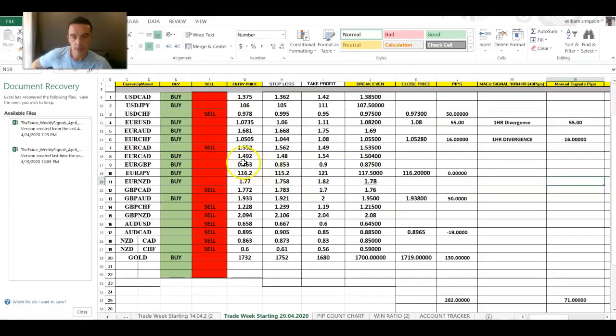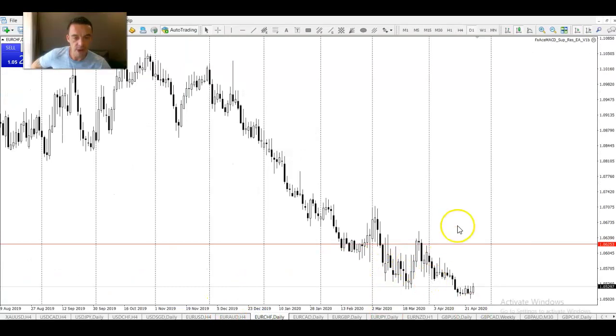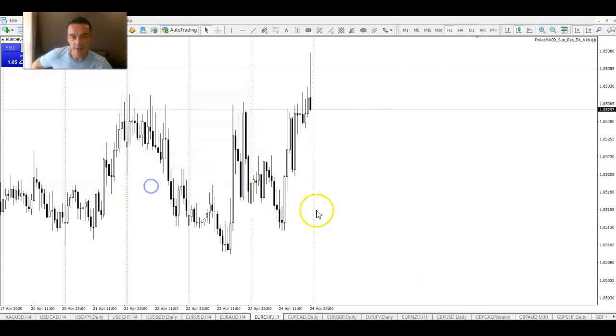Next one was Euro Swiss franc. It's not a big mover. It hasn't really moved much. You can see it's just grinding the past few months, stuck in a range between 106 and 105. I liked it. You can see on Thursday that